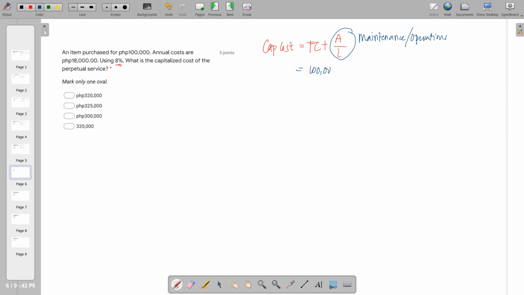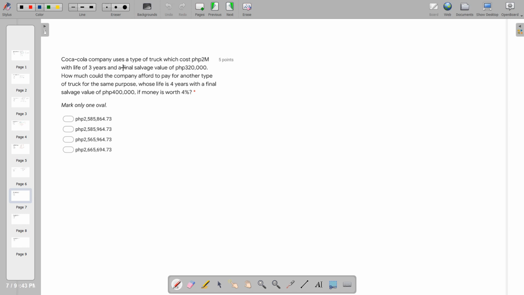First cost is 100,000. Yung annuity natin is 18,000, at yung interest is 8%. So basically, we have 325,000 pesos. Okay? So simple as that. Next, Coca-Cola Company uses a type of truck which costs 2 million pesos with life of 3 years and a final salvage value of 320,000 pesos. How much could the company afford to pay for another type of truck for the same purpose whose life is 4 years with a final salvage value of 400,000 pesos? So if money is worth 4%, so in this problem, we shall consider two